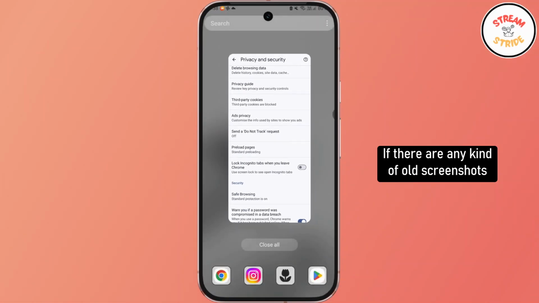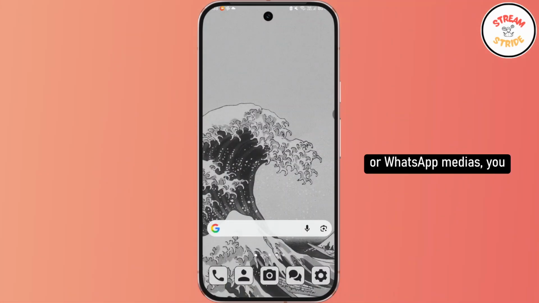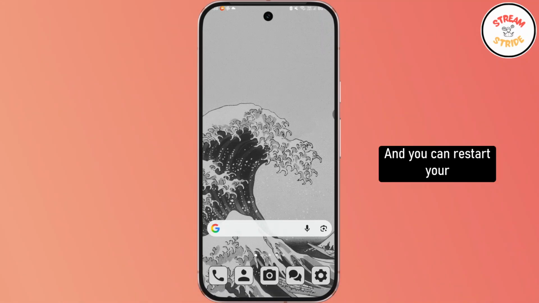If there are any old screenshots or WhatsApp media, you can delete those as well, and you can restart your phone after a major cleanup for better performance. And that's it. Now we have quickly freed up our Android storage by clearing out the cache and